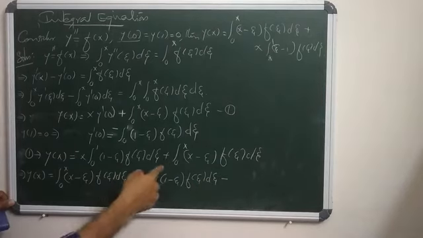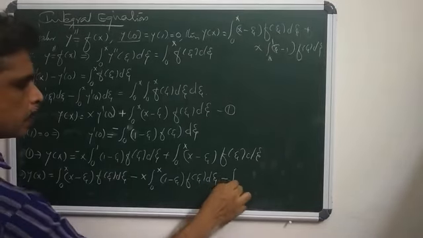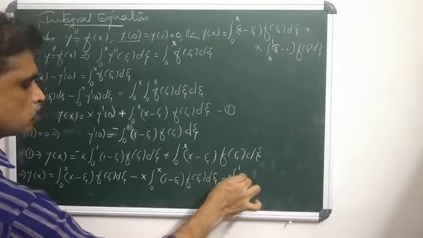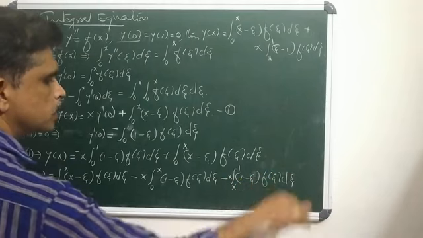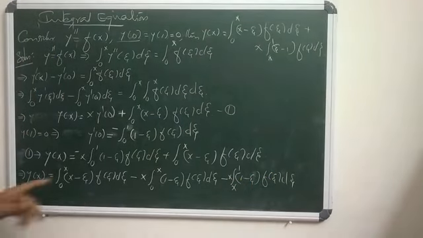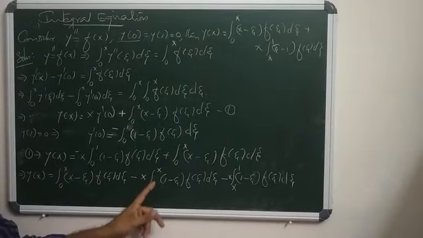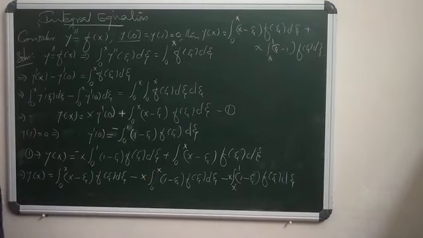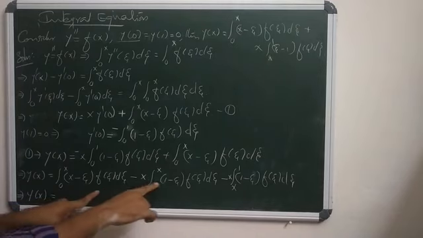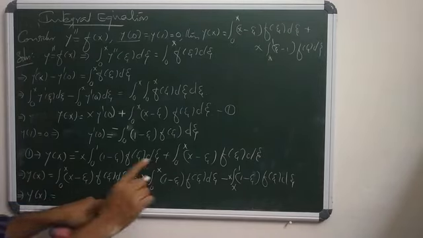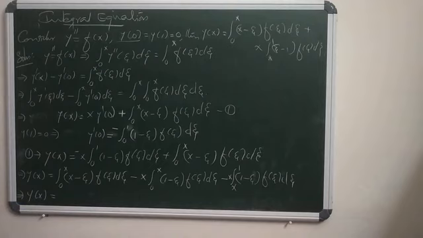Since x lies between 0 and 1, by the intermediate theorem integral 0 to 1 can be split as integral 0 to x plus integral x to 1. So y of x equals integral 0 to x of (x minus theta) f of theta d theta minus x into integral 0 to x of (1 minus theta) f of theta d theta